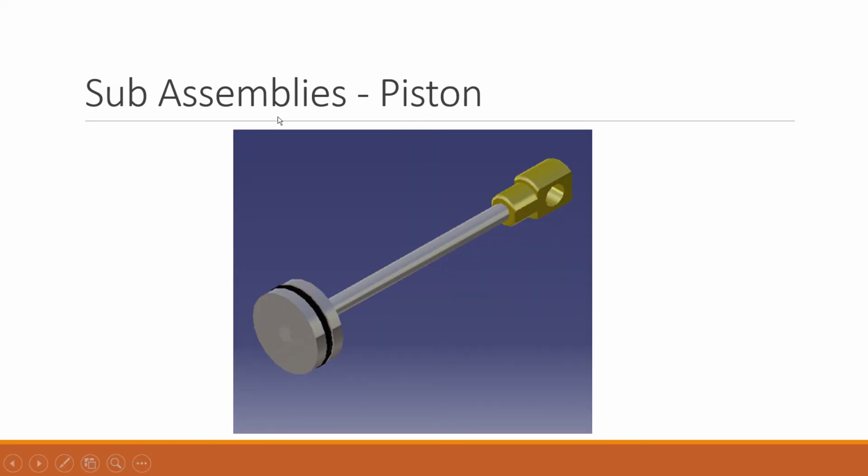This final assembly, or sorry, this third assembly, whilst it looks the most simple, it actually presented us with quite a few issues. In the original design drawings, this portion right here, which is the actual piston head, was one part. However, it's actually multiple materials. Now, CATIA will not let you make one part out of multiple materials, so we were forced to create a second assembly inside of this piston assembly. Now, this piston assembly